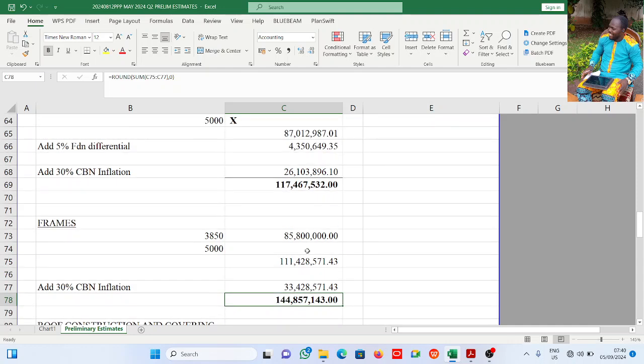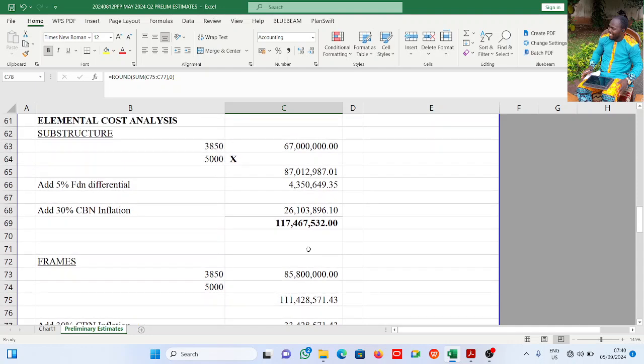Remember, I said in the introduction that preliminary estimates are initial rough estimates of costs, of quantities, or of resources required for a construction project. They are typically prepared during the early stage of the project development. Now you see how we are obtaining this. They are initial rough estimates of cost, of quantities or resources required for a construction project, typically prepared during the early stages